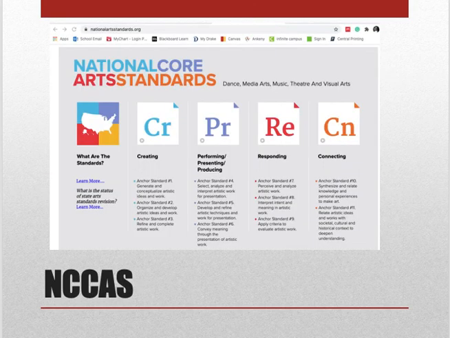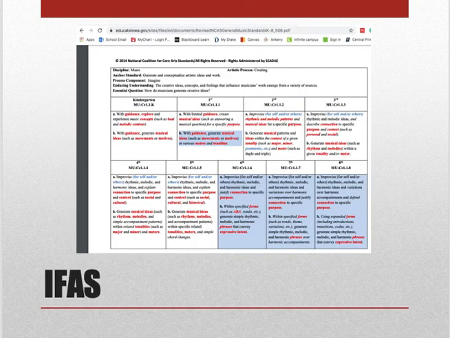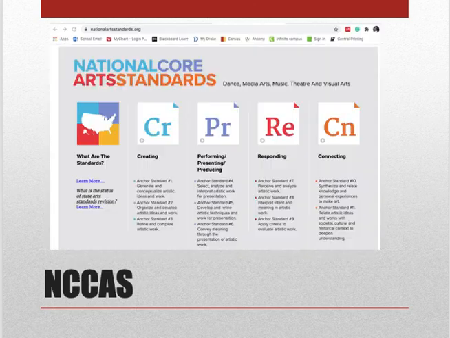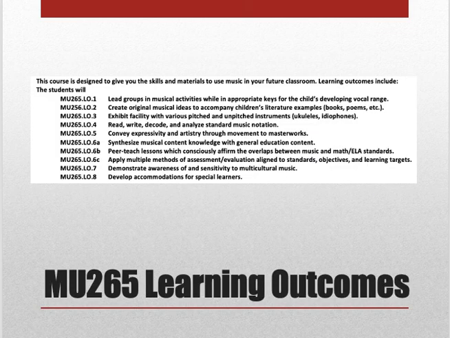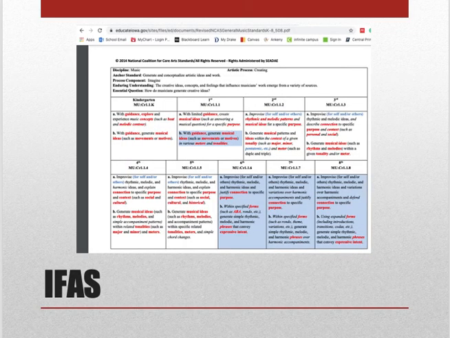And then lastly, we would wrap up again with talking about creating, performing, responding, and connecting, which I talked about in the beginning of class. How those ideas were developed into the Iowa Fine Arts Standards from the National Core Art Standards, and how our learning outcomes are aligned with the standards that are in the National Core Art Standards and the Iowa Fine Arts